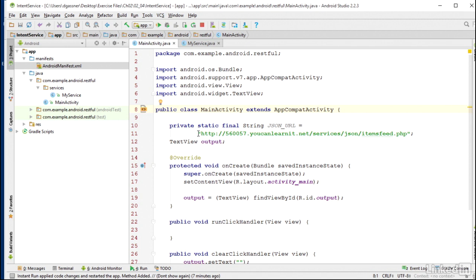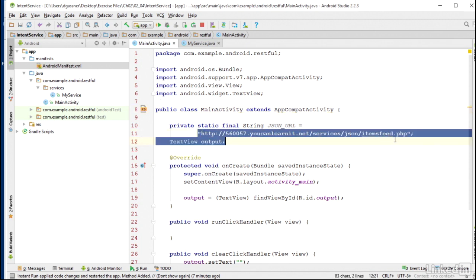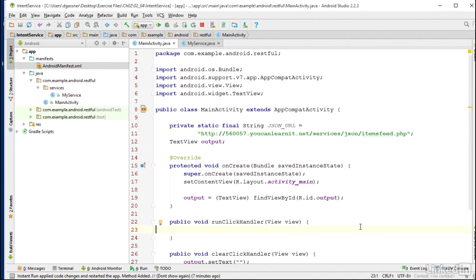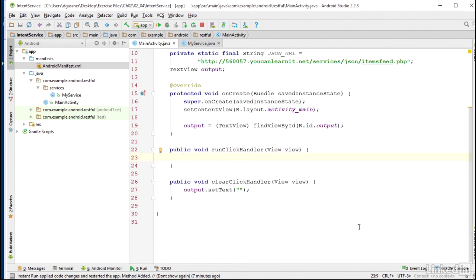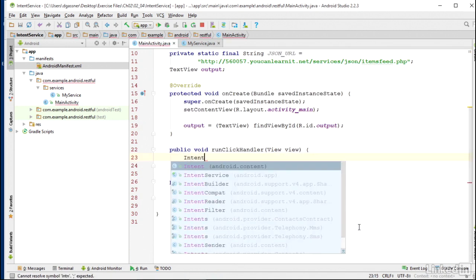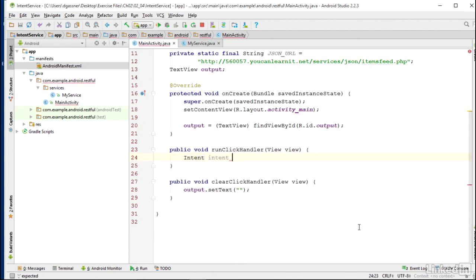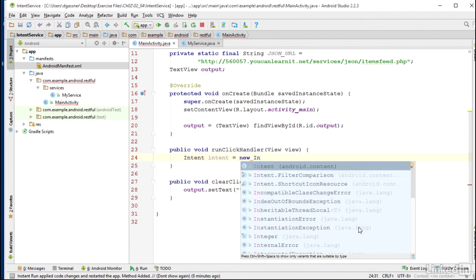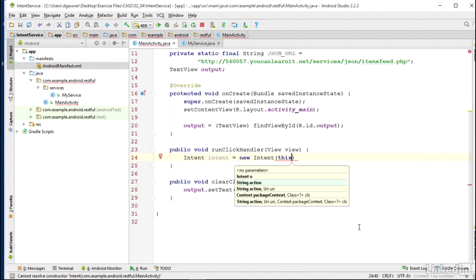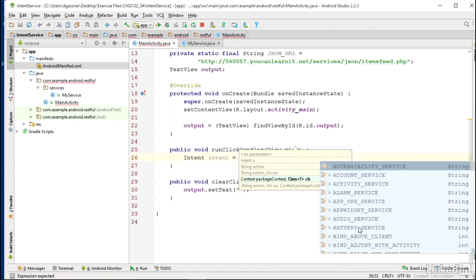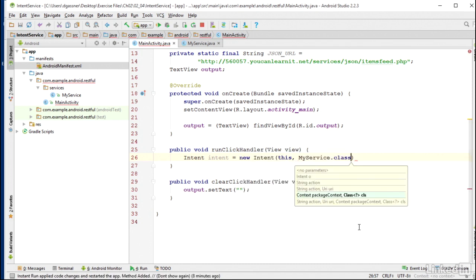request. This version of my project already includes a string named JSON URL, and this is the location of my web service on the public web. I'll turn that into a URI object and pass it to my new service. I'll place this code inside the runClickHandler method, and I'll create an intent object. I'll name it intent, and I'll instantiate it with new Intent. I'll pass in this as the context, and then MyService.class as the definition of the class that I want to